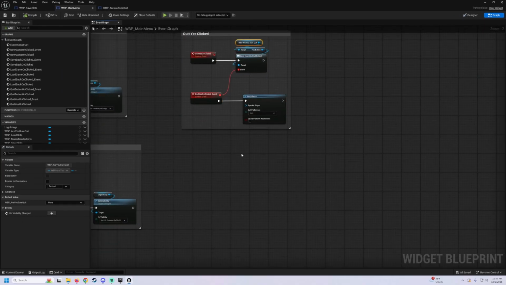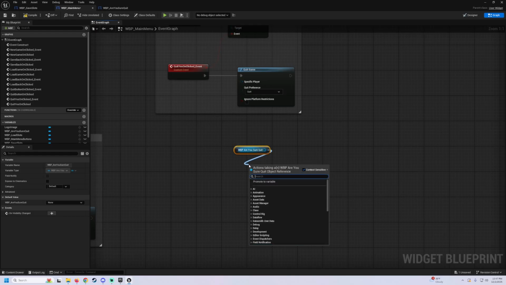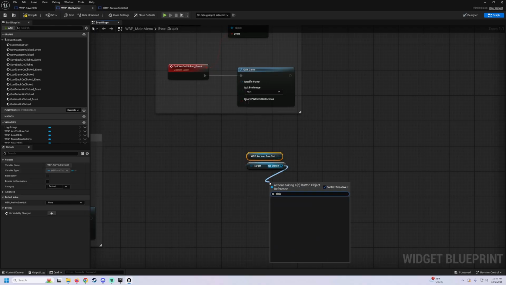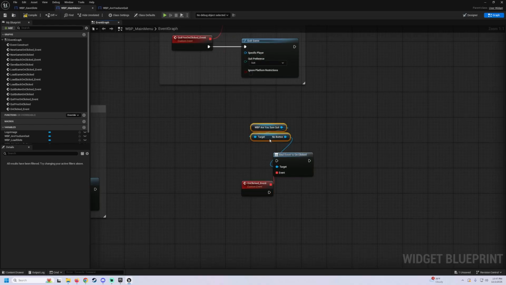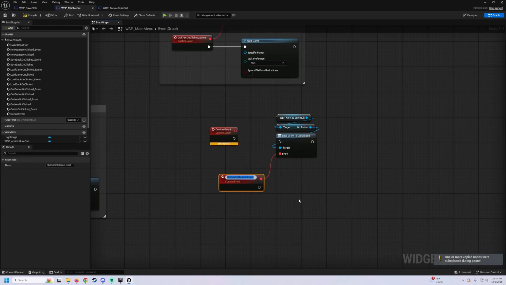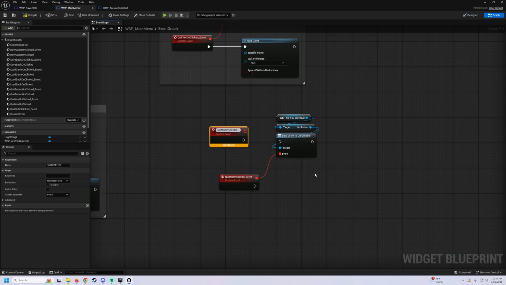So we're just gonna get our are you sure quit widget. We're gonna get no button, and pull this guy in, and we'll get our clicked, assign on clicked. Pull this guy, and we're gonna call this quit no on clicked event. We'll duplicate this guy, copy the name, plug it in here, get rid of the event,